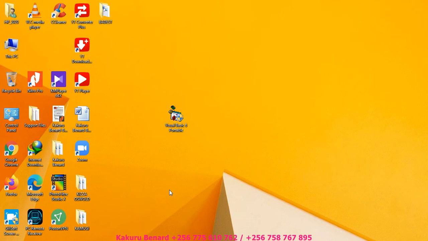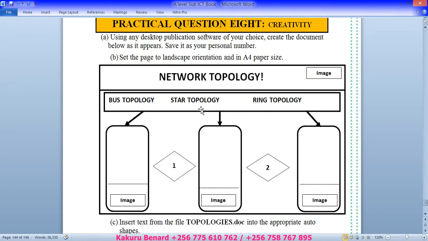Today I'm taking you through desktop publishing, and we are going to look at how to design such a